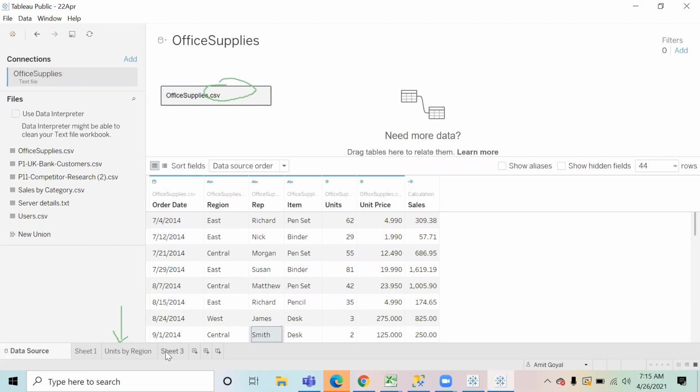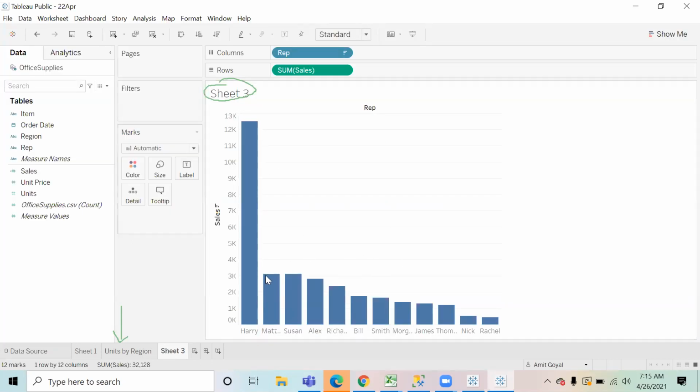Now, on this same chart that we have created, I want to highlight the region also, like into which region does that representative belong. So from the visual perspective, not the Tableau perspective, how do you think we should show the region so that from the chart itself, a person will get to know which region that person belongs to?